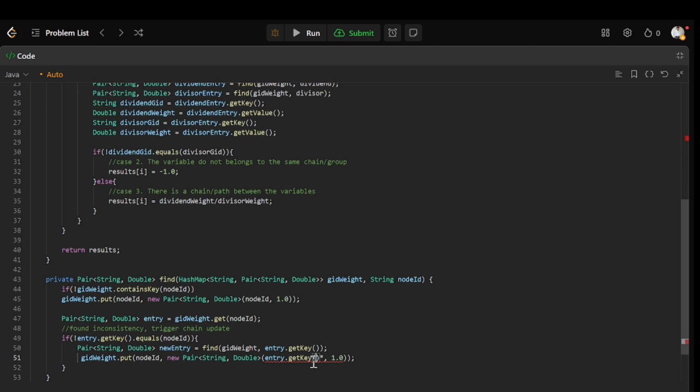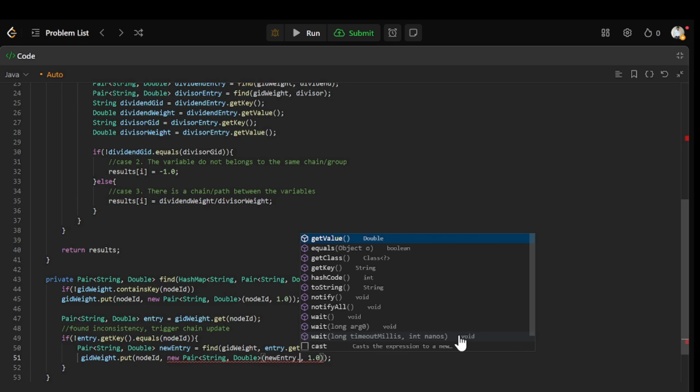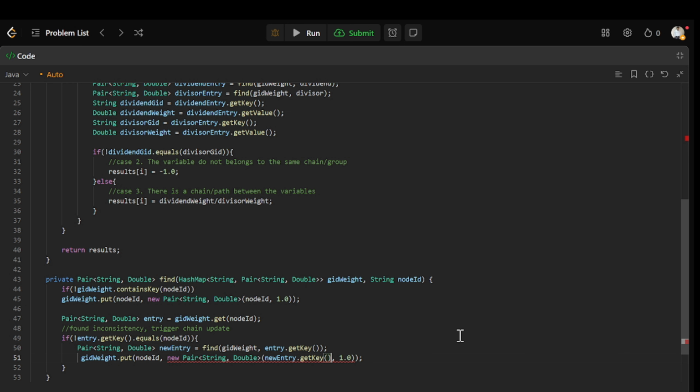Now we'll have a new pair. I will use a new entry. Yeah, keep it as the new entry that I have written. Sorry guys, let me write here again. So this I will remove. New entry dot get value, we will do get key for now. We have put, then we have created a new pair, new key we will write, and then